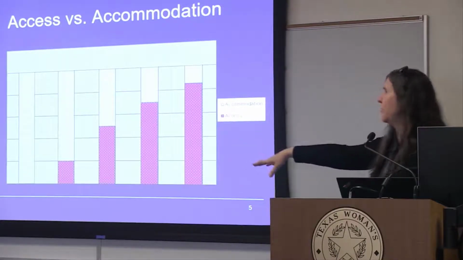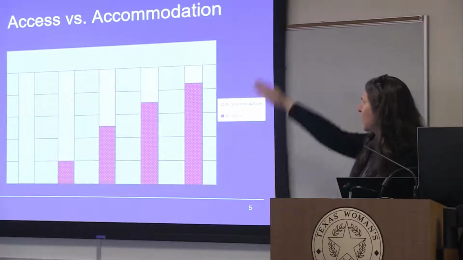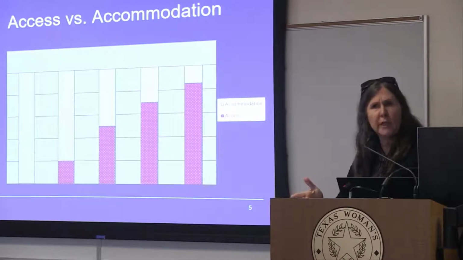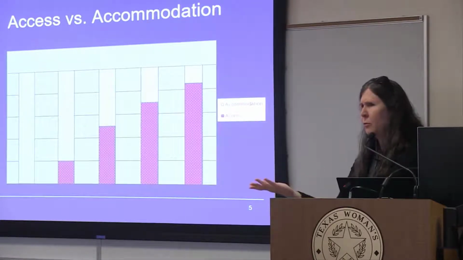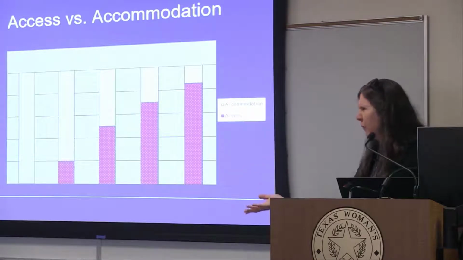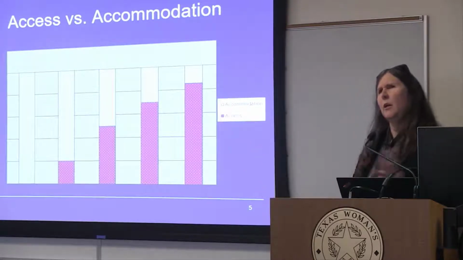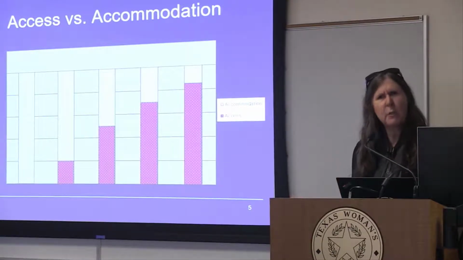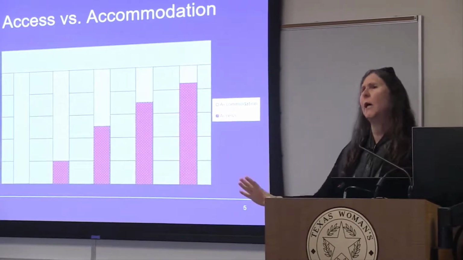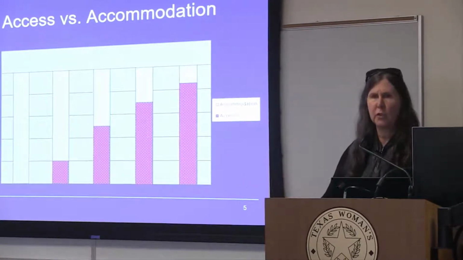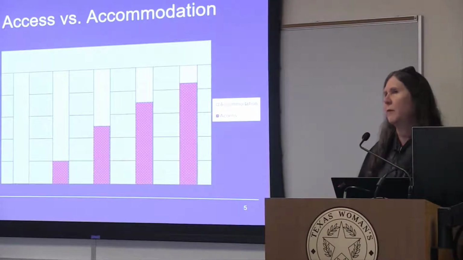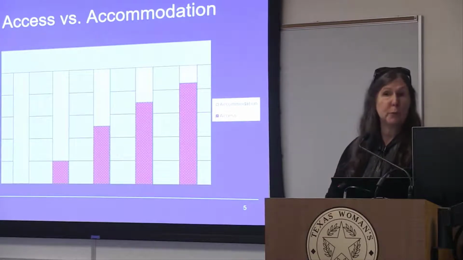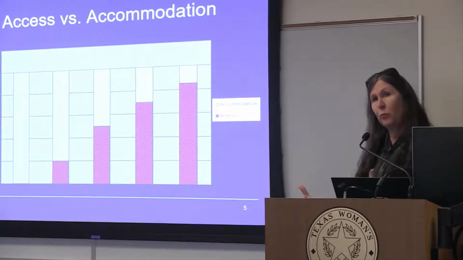So let me give you a couple of examples. On the far left-hand side of the screen where we have just accommodation, think about a student who's blind, who's taking a course like geography. Very visual course, right? You've got maps, you've got landforms, you've got a lot of very visual elements. Well, a lot of those visual elements, there's not a whole lot of access we can build in with that. It's pretty minimal. So that's where there's going to be a lot of accommodation required for that student. The folks in disability services may have to make tactile graphics, which are graphics that somebody can feel with their fingertips. They may need to get 3D models. They're going to have to do a lot of extra work for that.